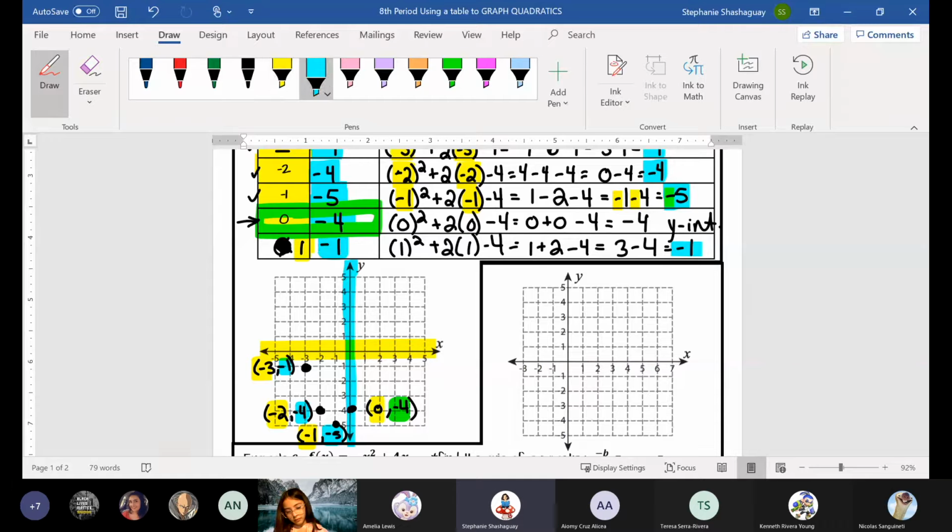Make sure you change that on your notes so that you don't leave that 2 there. You can still graph that 2, but it wasn't going to give me the symmetrical matching points, so that's why I changed it. So now I can graph my parabola